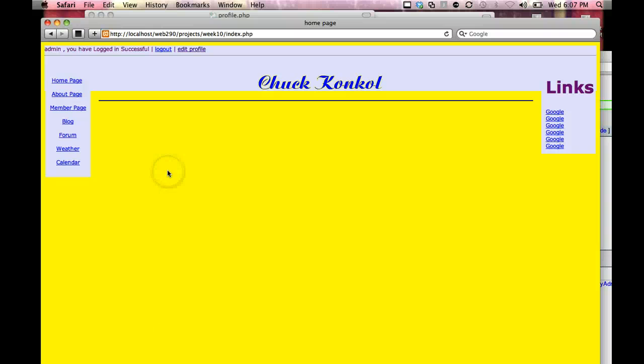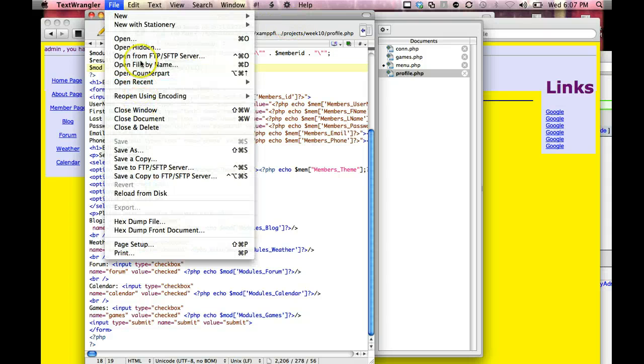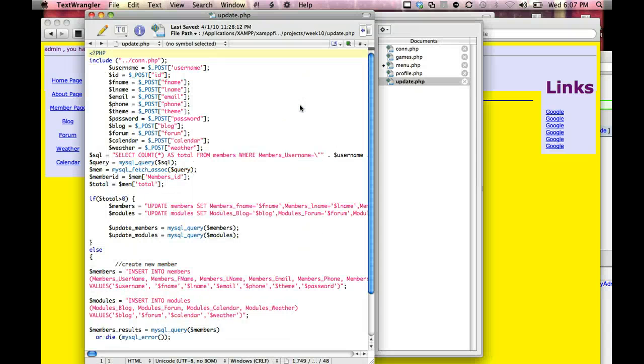Update.php is going to update. And that's the next one we have to update, is the update.php. Let's do that one. Docs, project week 10, update.php. Here we go. So I want to bring in a new